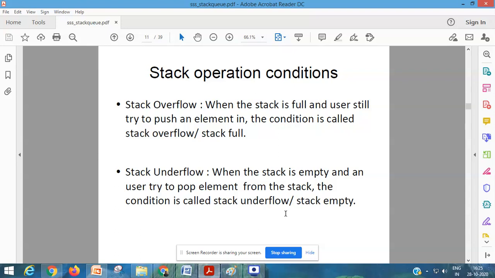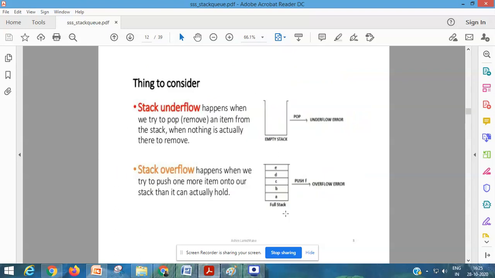Now what is stack underflow? When the stack is empty and the user tries to pop an element from the stack, meaning the user wants to remove an element from the stack, then the condition raised is stack underflow or stack empty. So by using this diagram, you can understand that initially the stack is empty, and if I perform a pop operation, then the stack underflow condition will occur.